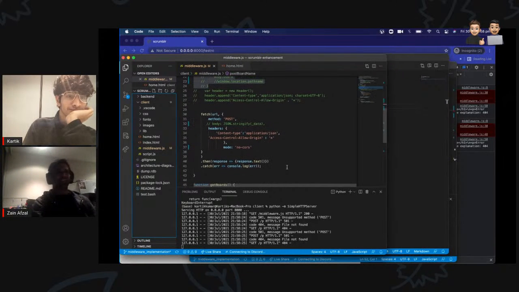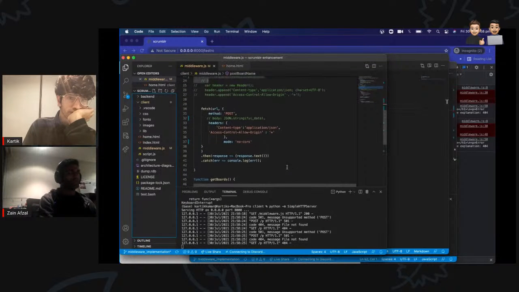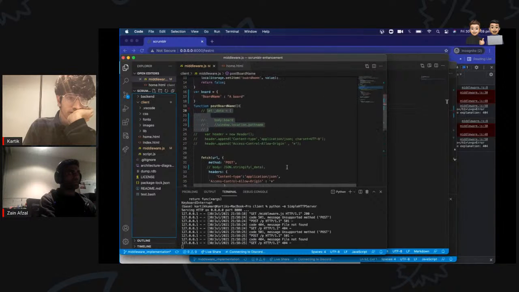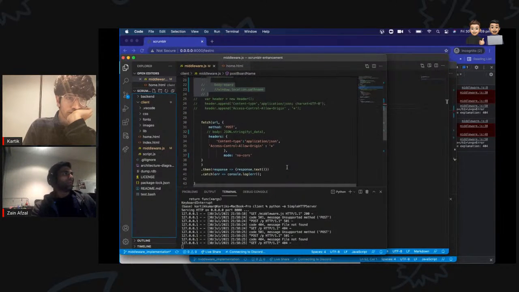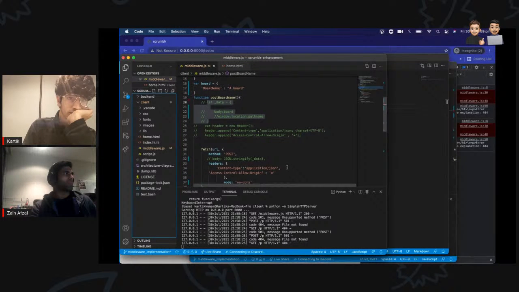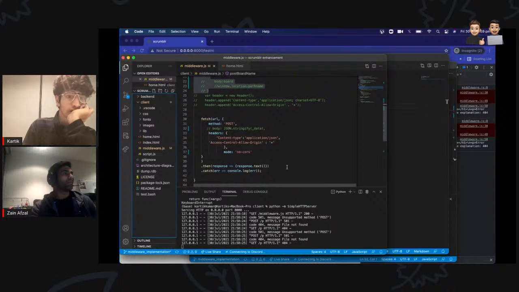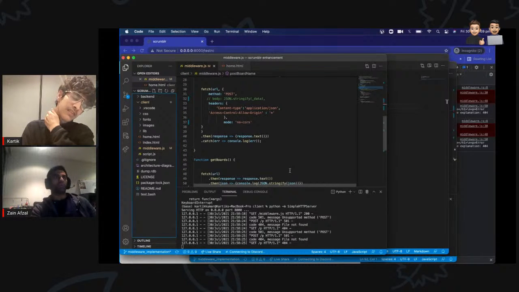Hmm. Fetch API unsupported. Unsupported post. Fetch API unsupported immediate. No, that's not ours. We need unsupported post method. That's impossible. What? Check if